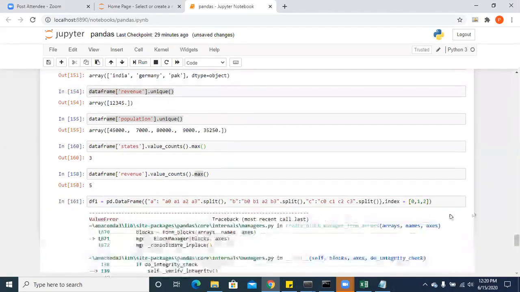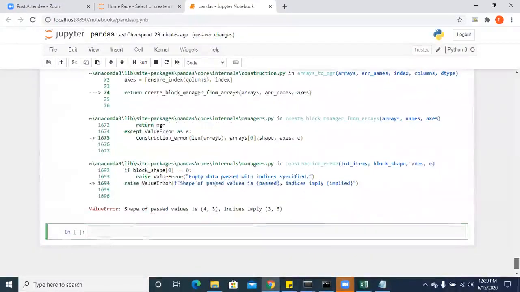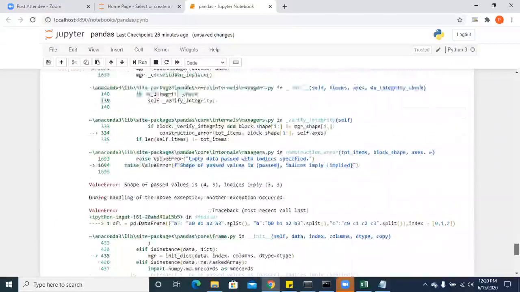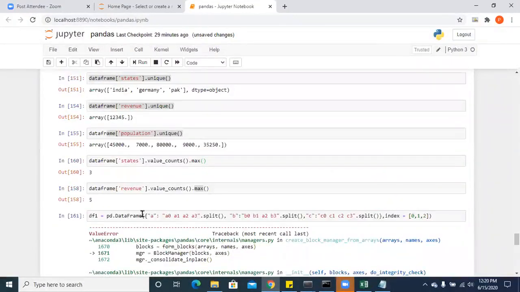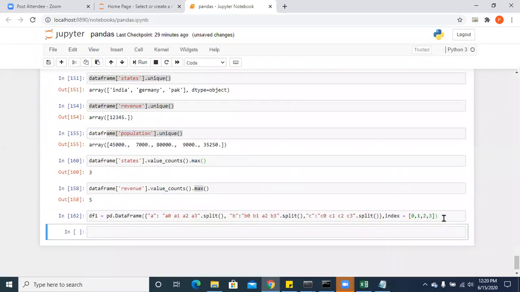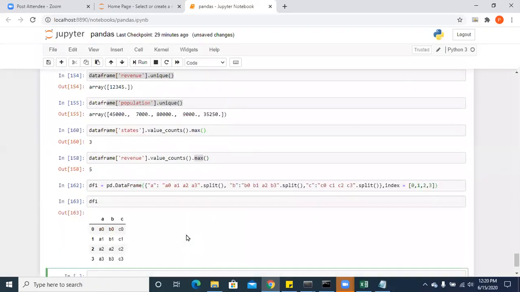Just execute this. So we have 4, right? So now if you see df1, you got it in this way. So 3 columns and 4 rows.